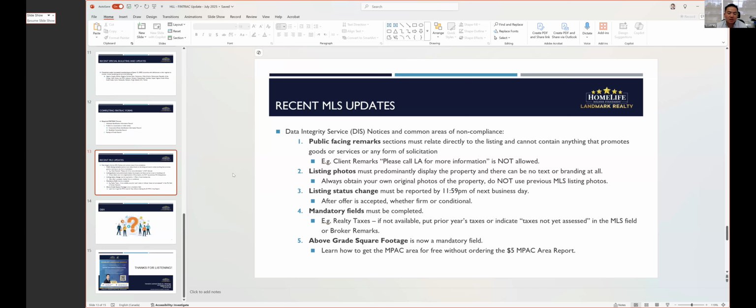And I've included here what are the most common areas of non-compliance. We see this a lot. So number one, public-facing remarks can only contain information related to the listing, and they cannot contain anything that promotes goods or services or contains any kind of solicitation. So I think most commonly you will see people putting in the client remarks, please call listing agent for more information. That's not allowed because